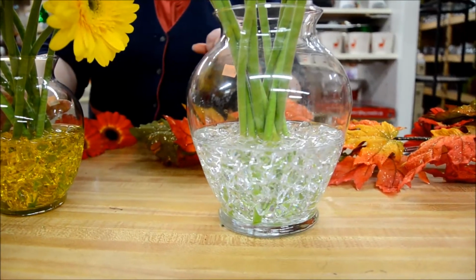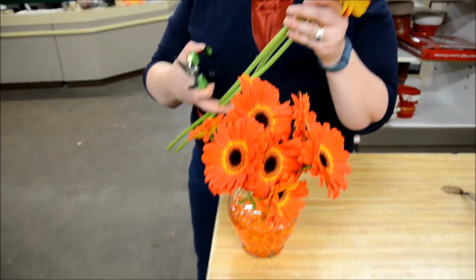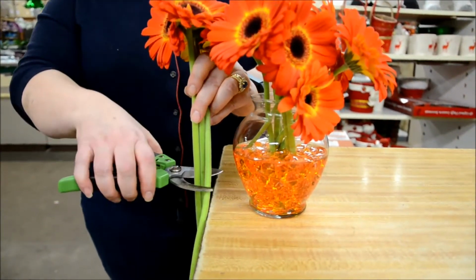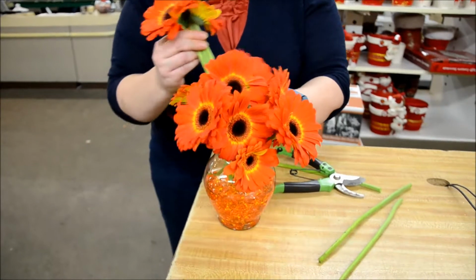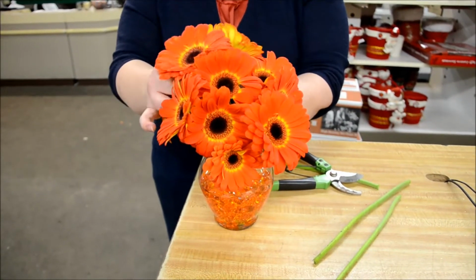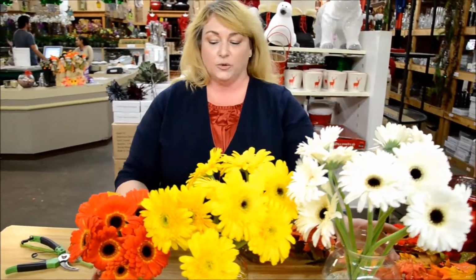arrangements in glass vases. An easy way to cut flowers, especially when they have no leaves, is to hold the flowers up against the vase, come up to a level that you like, and make your cut. It gets all flowers at once and it makes it easy for you to just simply and quickly create your centerpieces. So now that our flowers are complete, they were quick and easy to do, we're going to set